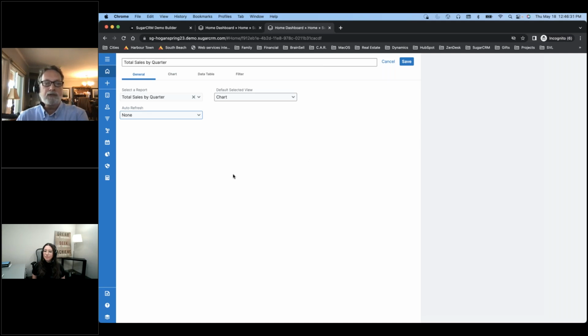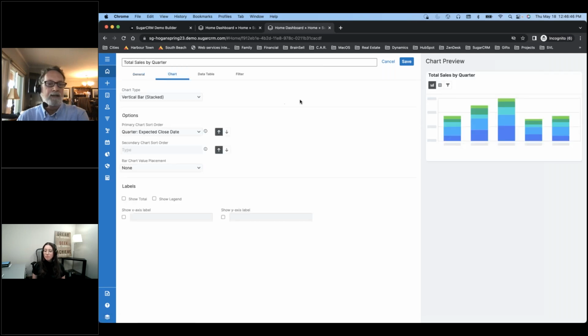Because every time you come to your dashboard, it's going to rerun all the reports, get all the current data, and show it again. But if you were to leave this sitting for over 15 minutes, then it would redraw with any new data that came in. Now we have a chart tab, which some of this was on the tab before, but you